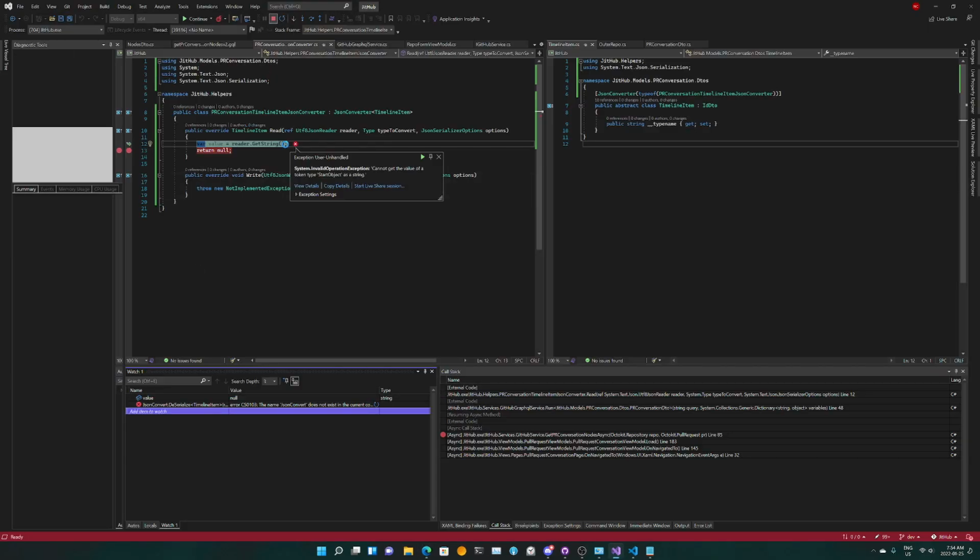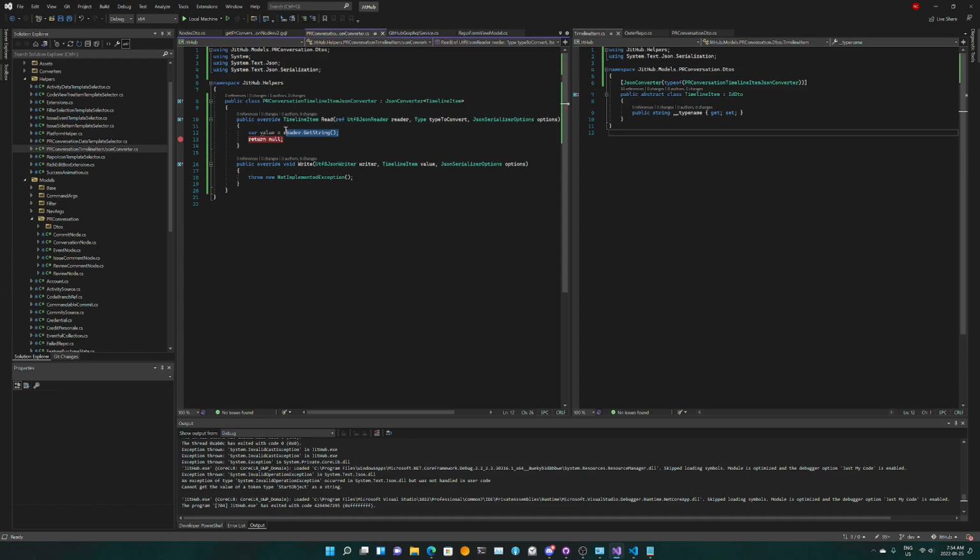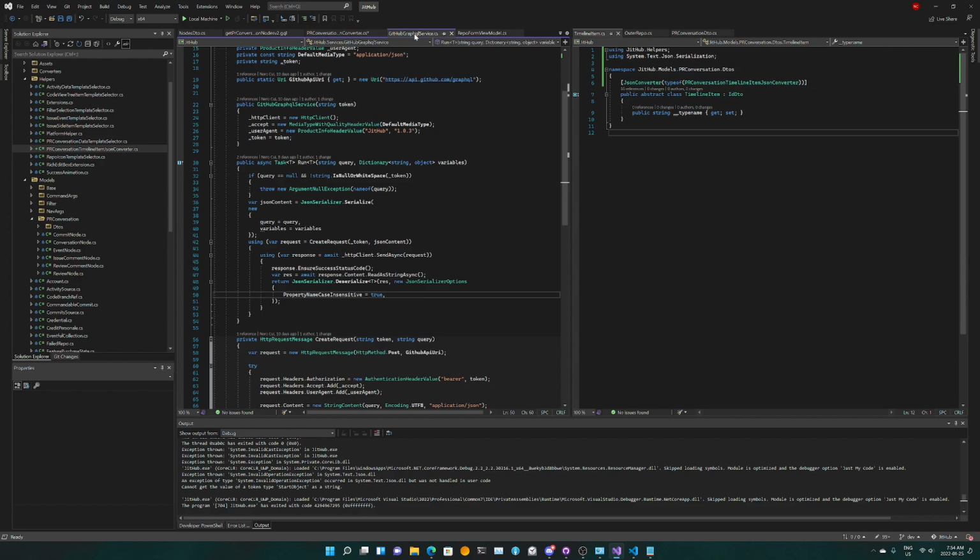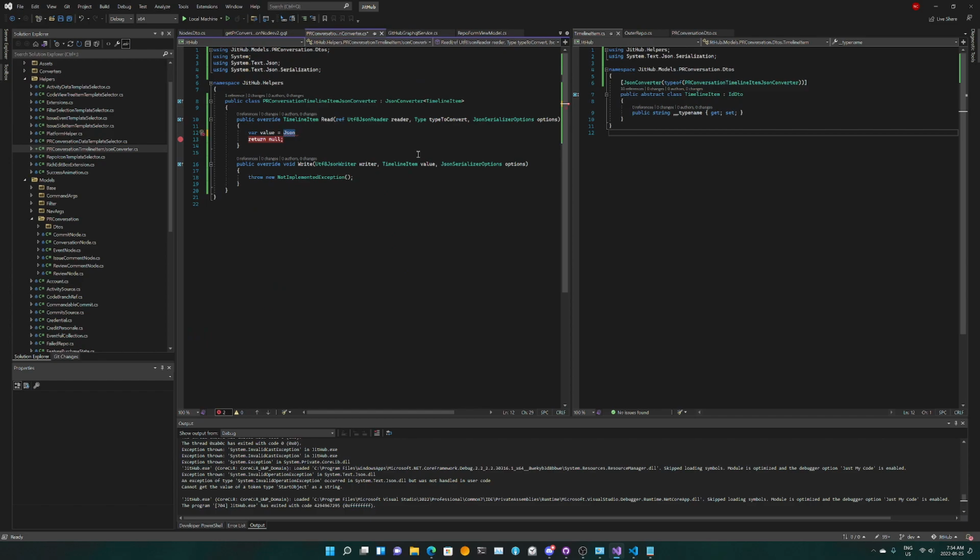Okay, you know what? Let's try it right here actually. So let's make this into JsonConvert dot... or is it JsonConvert? It's JsonSerializer. Okay. JsonSerializer.Deserialize reader. Is that an option?